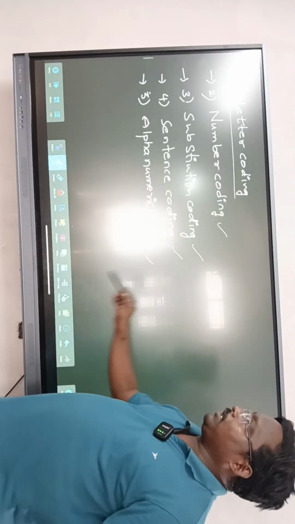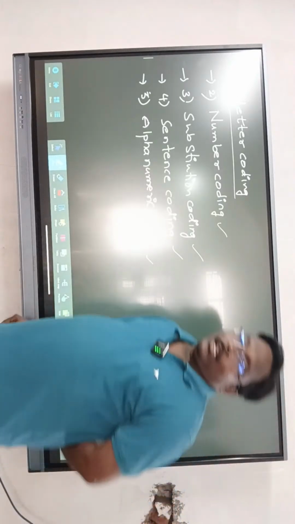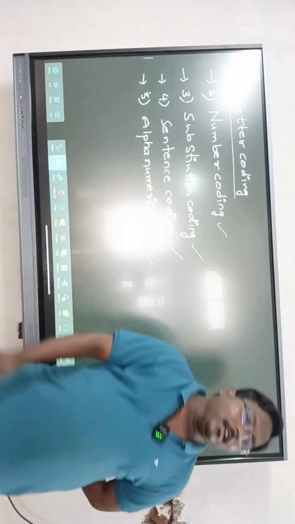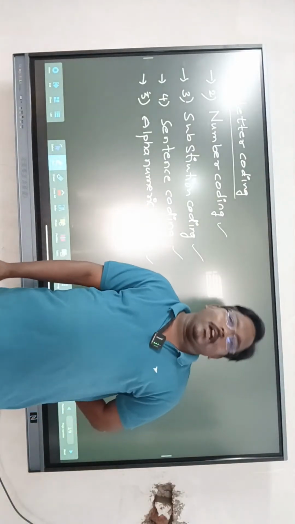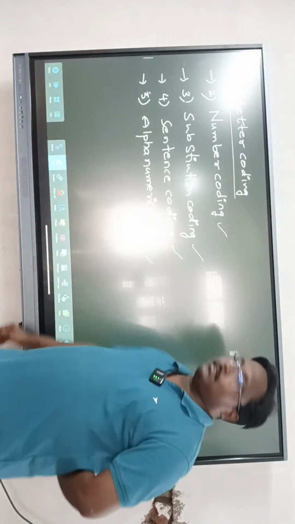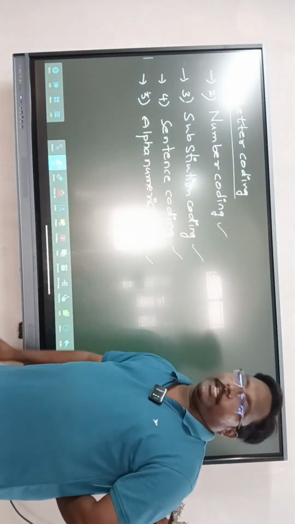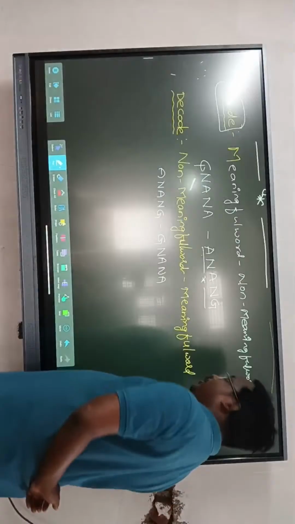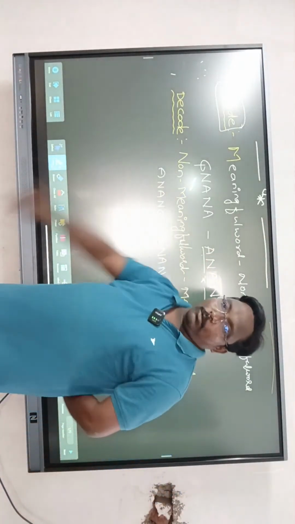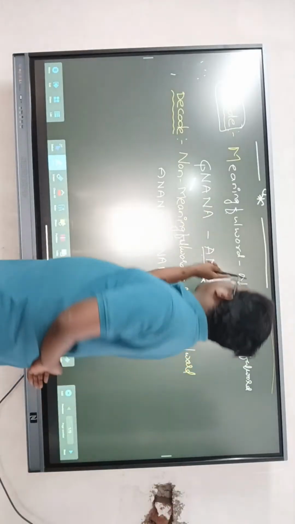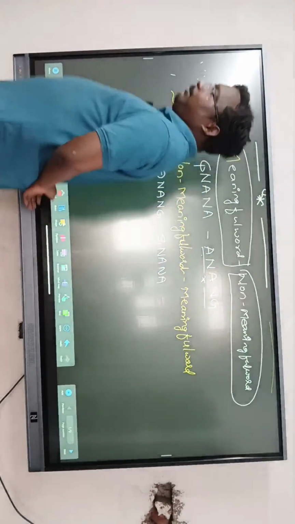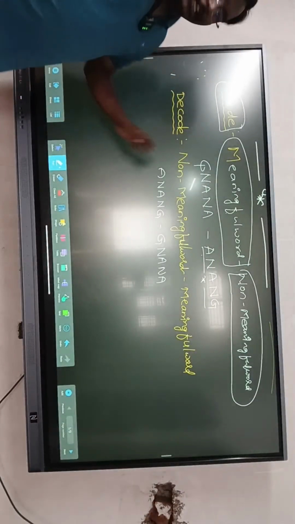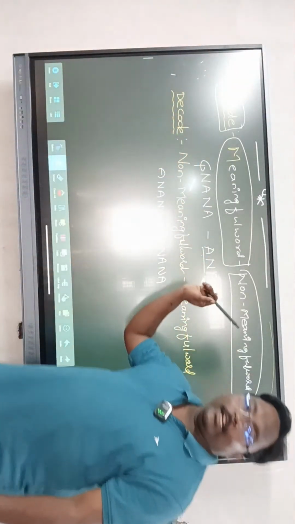These are the model questions they are going to ask when you come to class 6th and 9th school entrance exams like Sainik and RMS. Before we start coding and decoding, we want to know clear information about code and decode. What is the meaning of a code? A meaningful word written as a non-meaningful word is called a code. A non-meaningful word written as a meaningful word is called a decode.